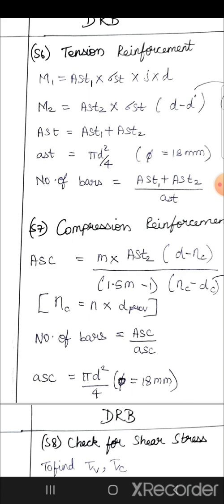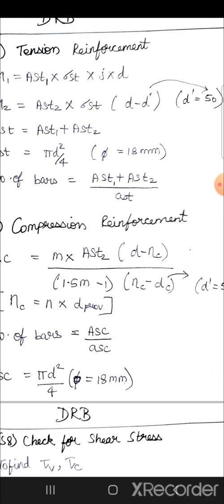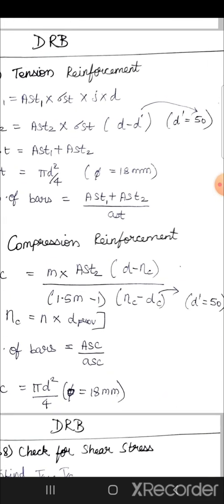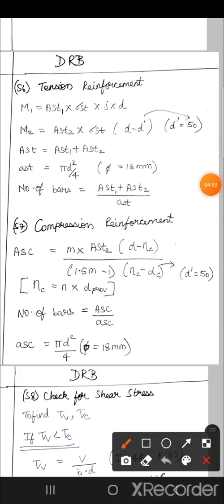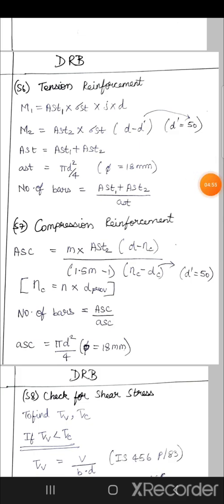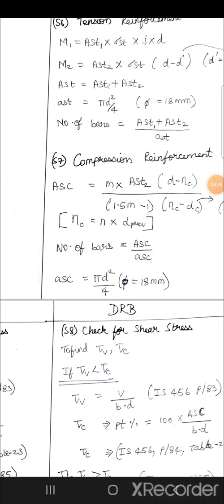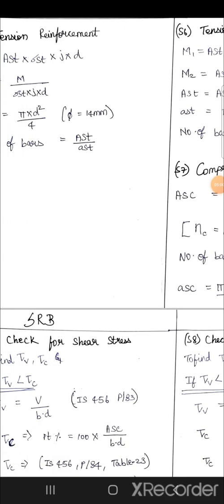M2 equal to AST2 into sigma ST into D minus D dash. This is to calculate AST2. D dash is clear cover 50. Clear cover is taken as 50. So next formula is